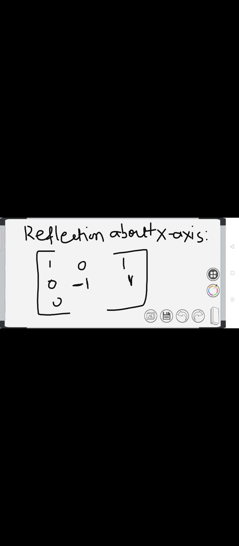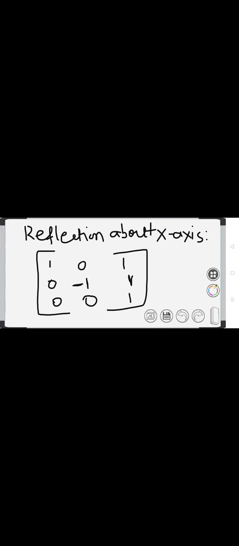Reflection about x-axis. For that we are writing a matrix, and in the matrix the first row corresponds to x-axis, so it is as it is, 1 0 0. The second row corresponds to y-axis, so for y there is exactly a negative value. So 0 minus 1, this is very important. The remaining part is 0, and the last row is 0 0 1. So the important thing is that when you are performing reflection about x-axis, the y coordinate is minus 1. This is a very important part. So now you are having both matrices.